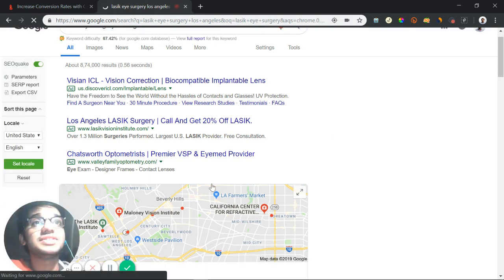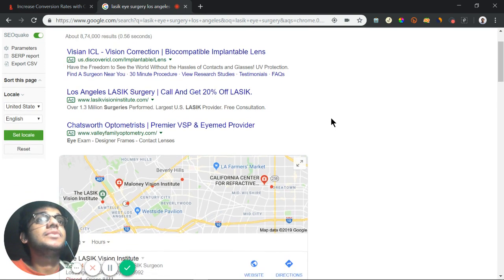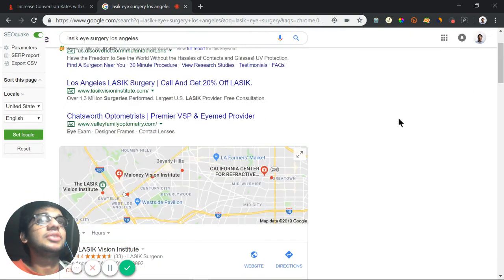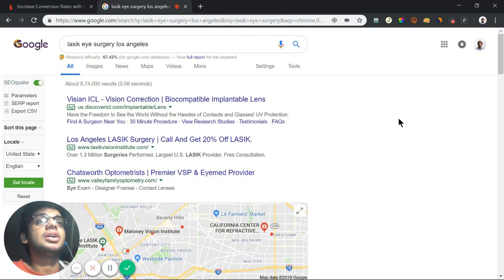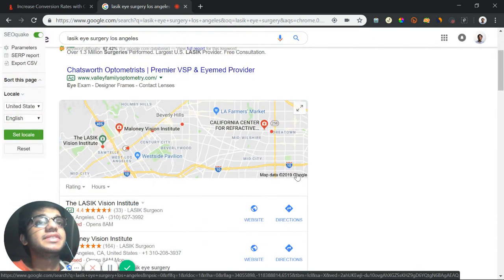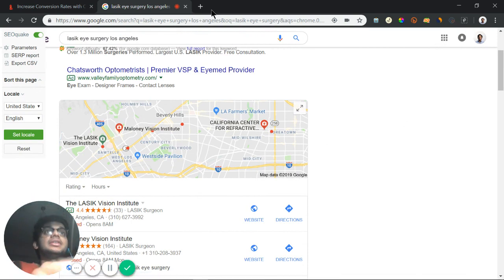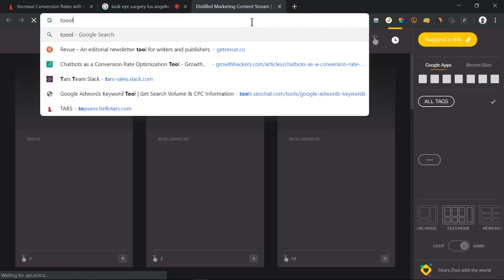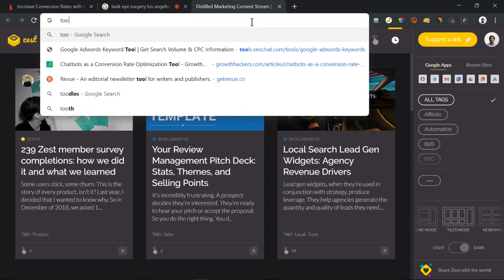As you can see over here from these search results, the top 3 links are Google Ads. So there are a lot of companies, a lot of healthcare providers who want to sell people LASIK. It's location based, obviously, because you have to be in the same place as your surgeon to get LASIK eye surgery. And actually, if I go to a new tab and go to my handy CPC tool,